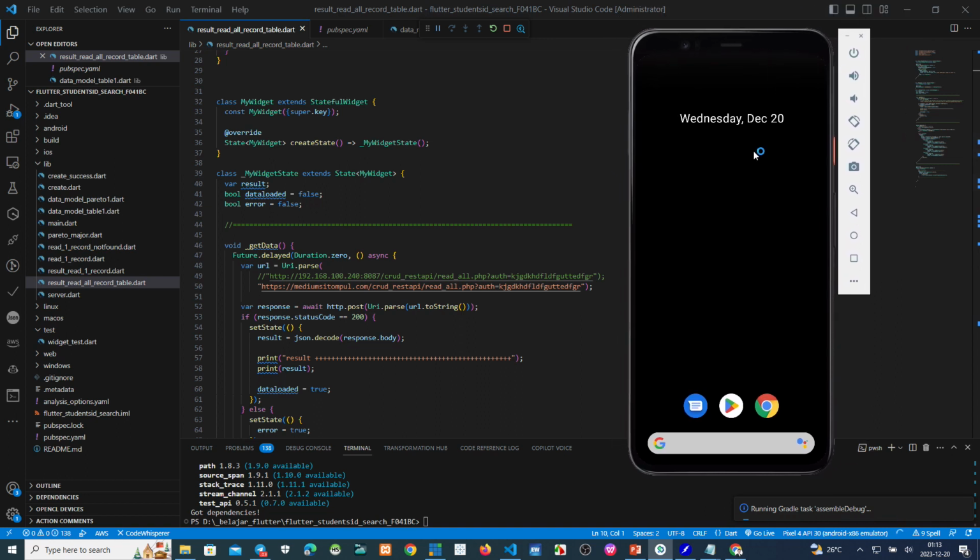Okay, running task Gradle immediately, but we need more time because the speed of the internet is too slow.